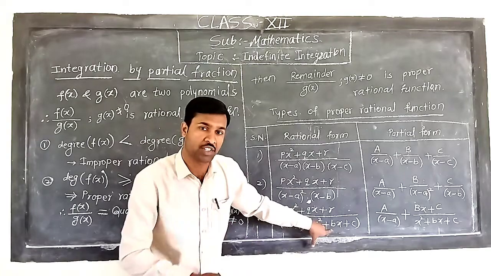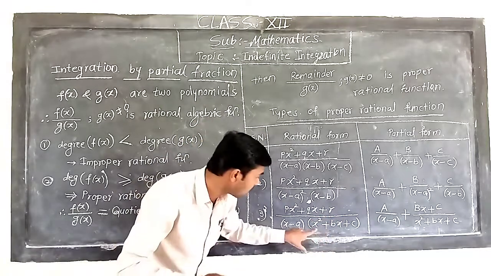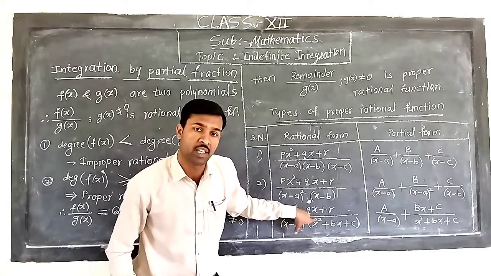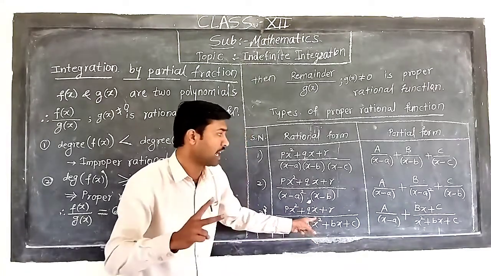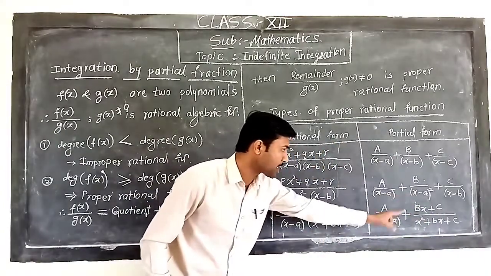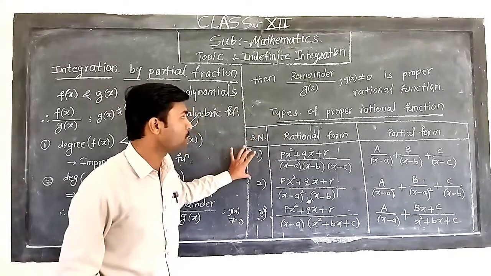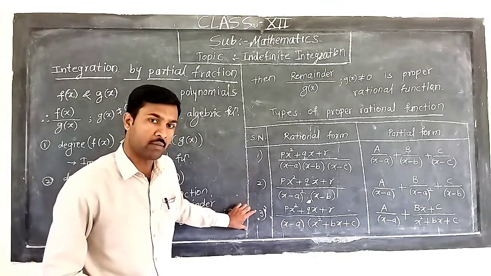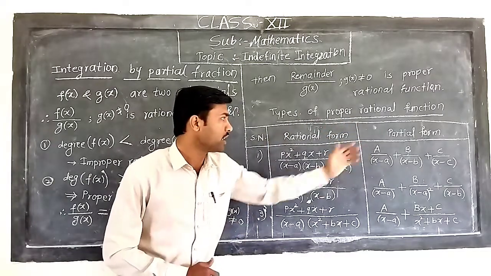We cannot factorize this term, and if we cannot factorize it, then we have to understand that here is x square, meaning there are two values for x, and when there are two values for x, we have to take two constants, and we write them in the form bx plus c upon this factor, that is bx plus c upon x square plus bx plus c. These are the three types of our proper rational function, and when any of the cases 1, 2 or 3 arises, we have to use its partial fraction in that given format.